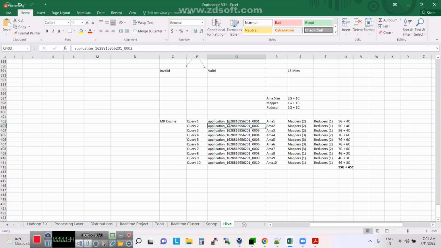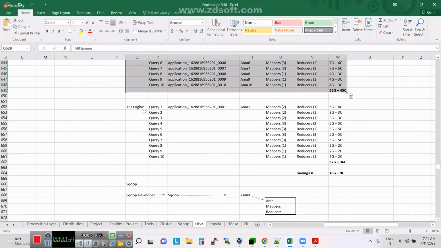Every query you run, you will have a separate application ID, separate application master, separate mappers, and separate reducers. Correct or not? If you run a query 10 times, you'll have 10 application masters, 10 job IDs. Correct or not? But when it comes to the Tez execution engine,